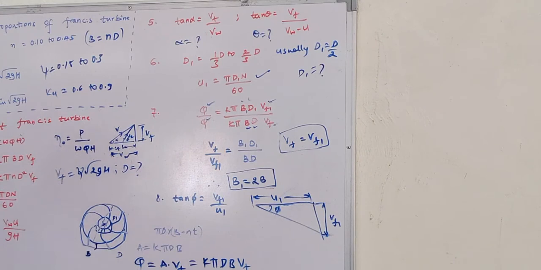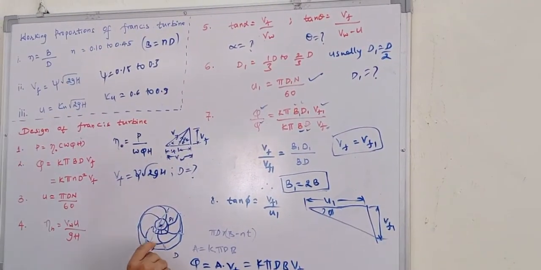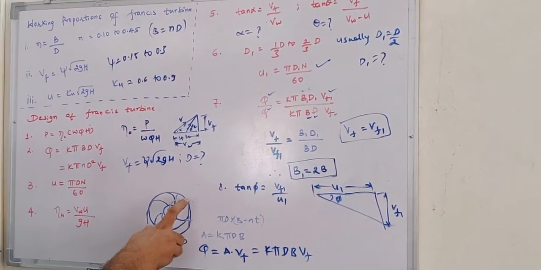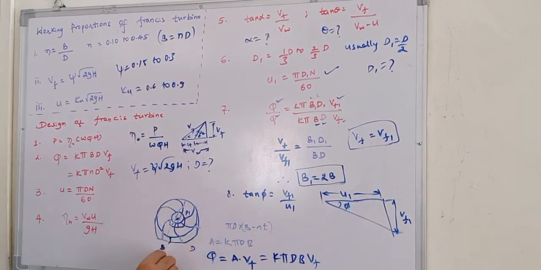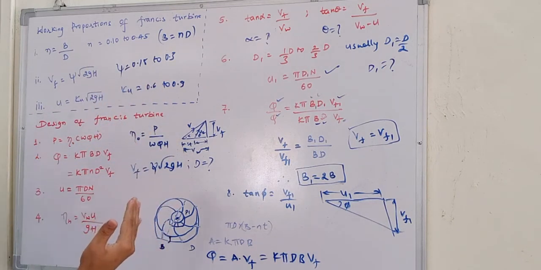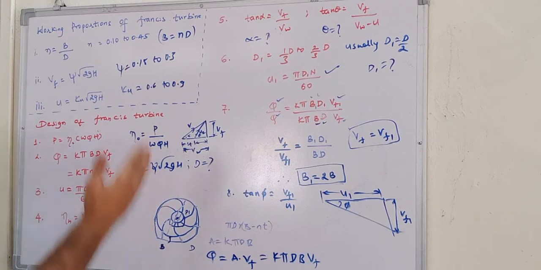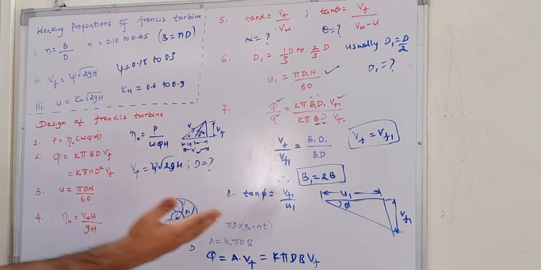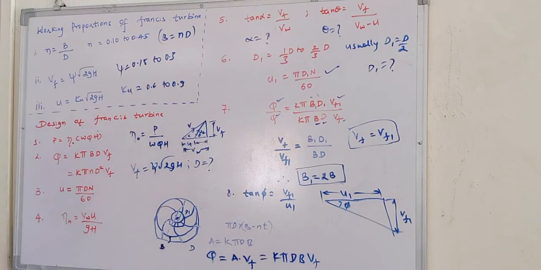Okay, this completes the design of the Francis turbine. So in the Francis turbine that we have designed, we have calculated the width at the inlet required and the diameter at the inlet required. Then we have D and D1, which are the dimensions at the inside. After solving this, we have calculated alpha, the angle of jet at inlet, and the angle of vane at the inlet. Similarly, we have calculated the angle of vane at the outlet. So this is the design part of the Francis turbine.